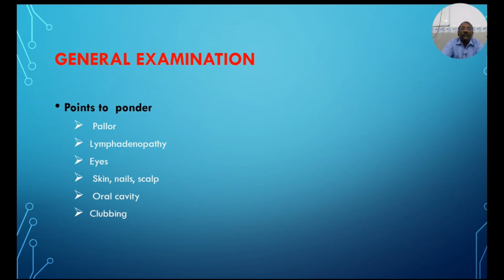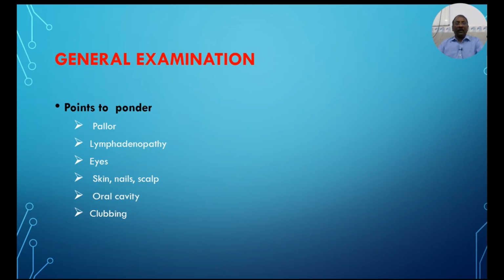Points to ponder, general examination. Pallor is very common in our population because most of the women in India are anemic. On top of it, if the patient develops these rheumatological conditions, definitely the hemoglobin will be 8 or 9, less than 10. Lymphadenopathy in some cases, eyes will be involved, as I told you, in ankylosing spondylitis, rheumatoid